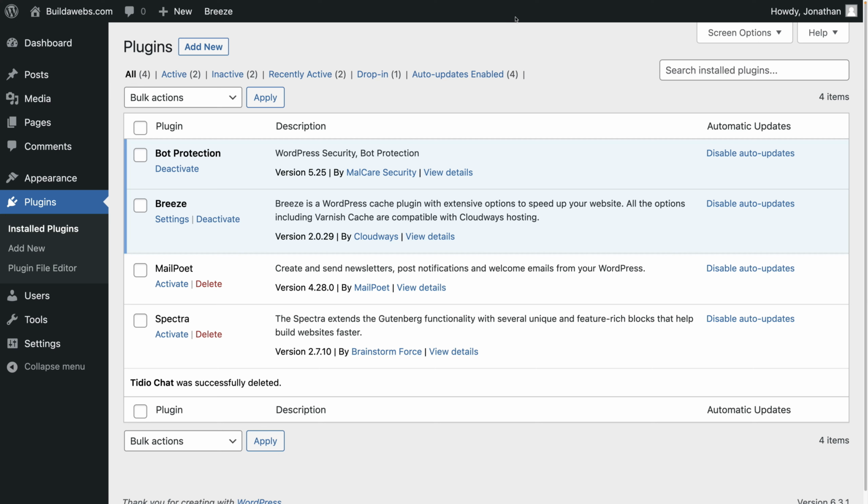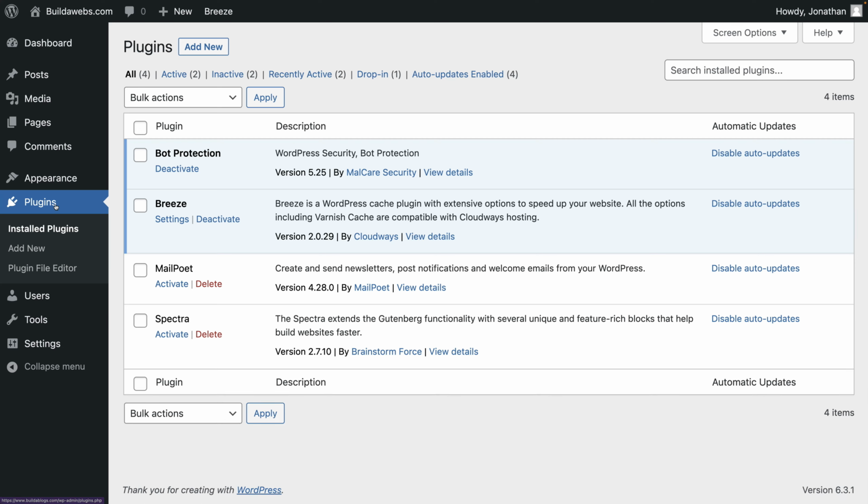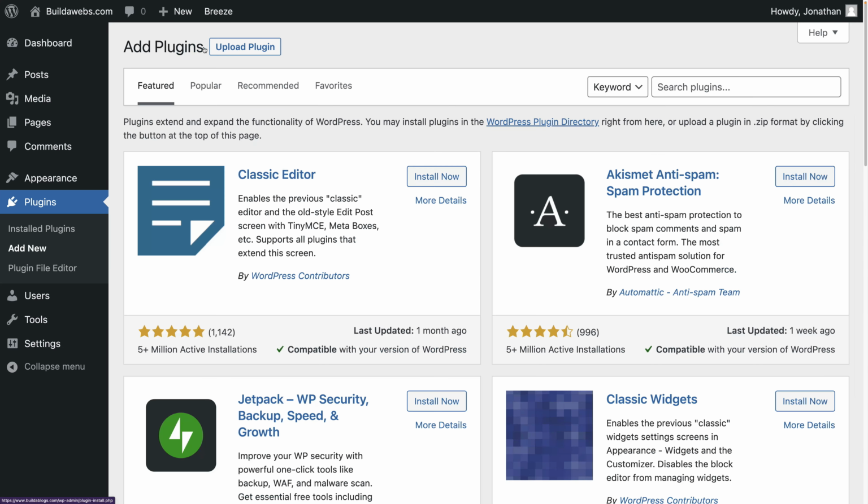Earlier on in the tutorial, we covered how to add a downloaded WordPress plugin. I'll now show you how to add a WordPress plugin directly in WordPress. So the first thing you want to do is go into WordPress. On the left hand side, go to the plugins page, click on add new,